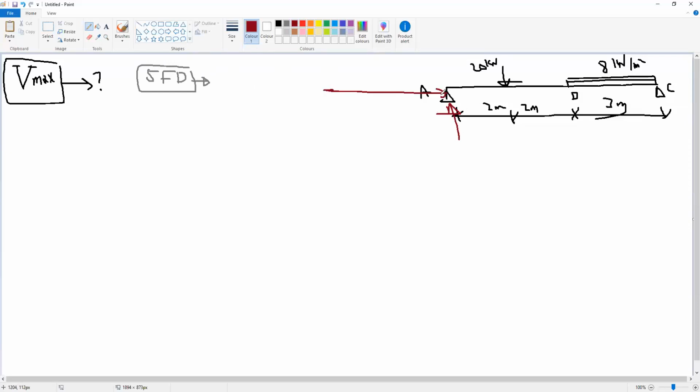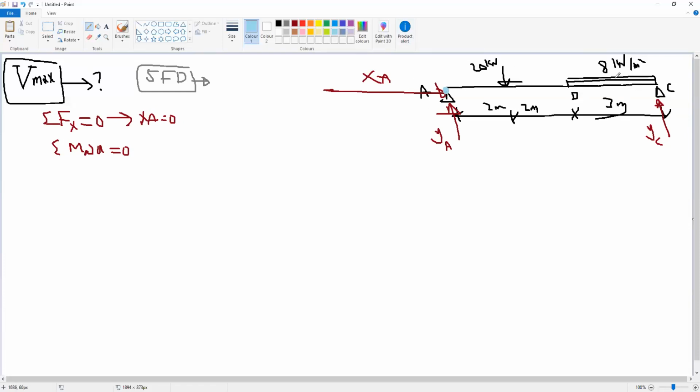We have 3 reactions, XA, YA, and YC, sorry. So if we apply the equation summation Fx equal to 0, this gives us XA should be 0. Summation moment at A equal to 0. If we apply the moment equal to 0 at A,